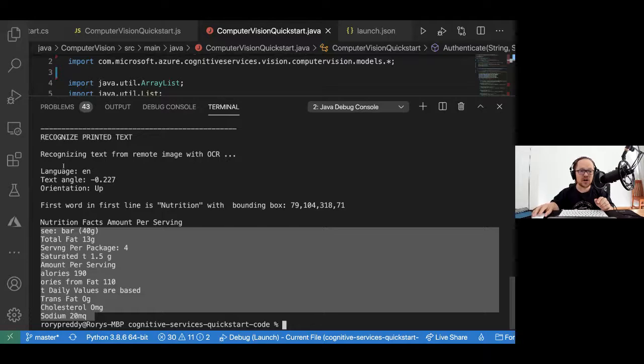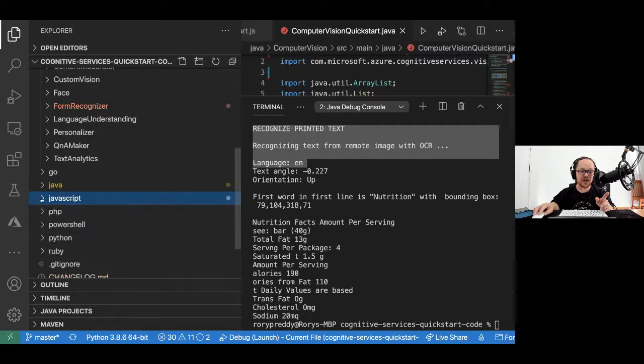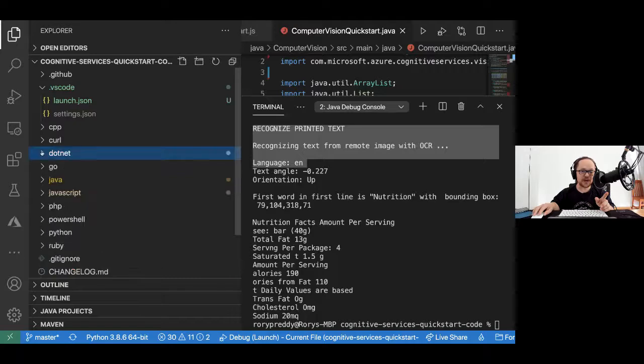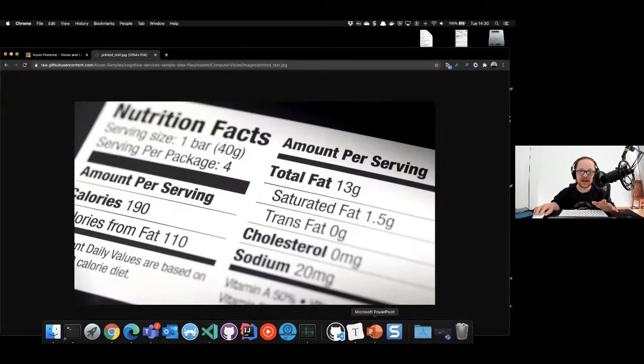If you don't want to do it in Java, it's also available in nearly every other language. It's available in JavaScript, PHP, Ruby, .NET, Kotlin, C++, all the languages, and the examples are exactly the same there, if you want to start incorporating that in your underlying AI programs. Let's go back to our PowerPoint